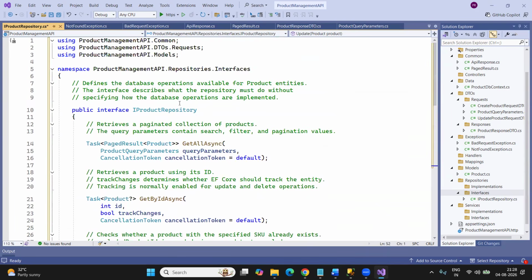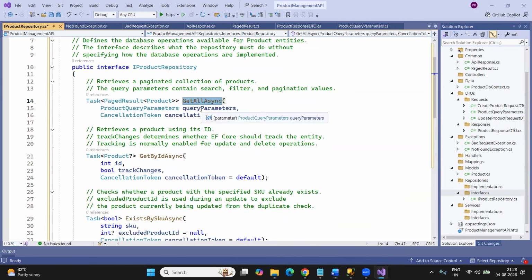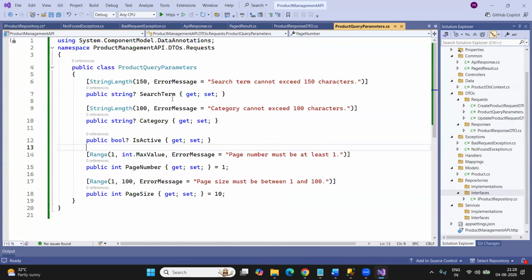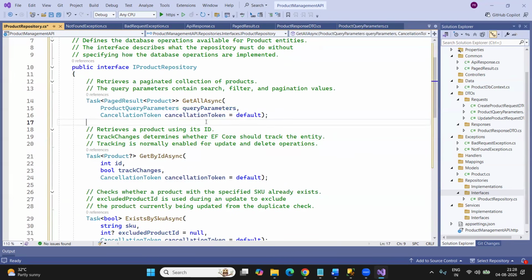So in this case, you can see I'm having a get all async method, which is taking this query parameter. If you remember this product query parameter we defined, which can accept search, category, is active, page number, and page size. And this is very, very important. So here I'm taking this query parameter, which is going to dynamically and globally filter the data,